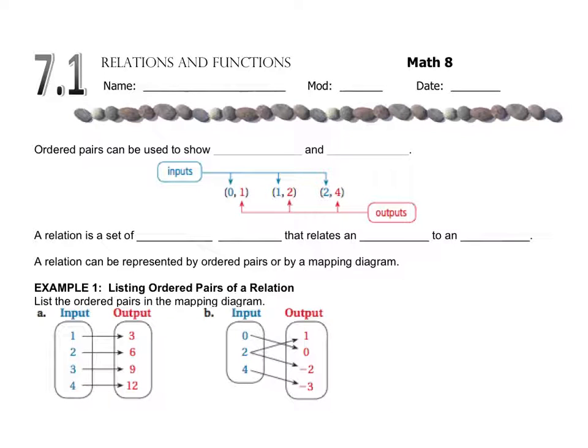Today we're going to talk about more vocabulary than anything, but relations and functions. Ordered pairs can be used to show inputs and outputs. We know our ordered pairs are our x's and our y's, where the x is the input and the y's would be the outputs. So a relation, first vocabulary word, is a set of ordered pairs